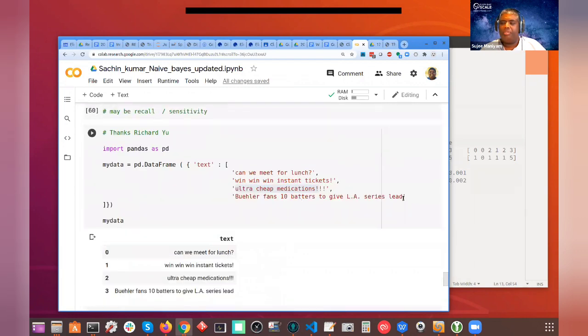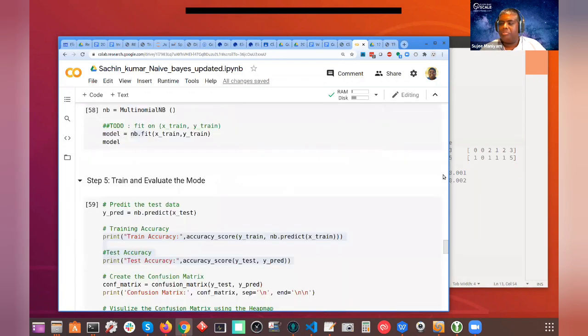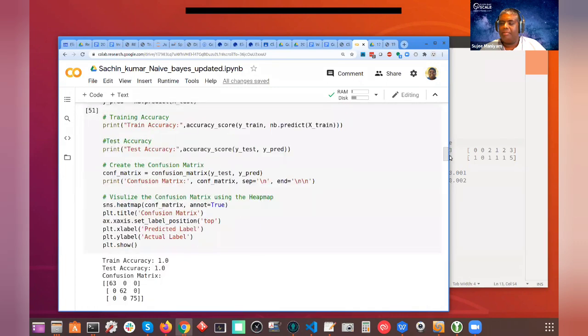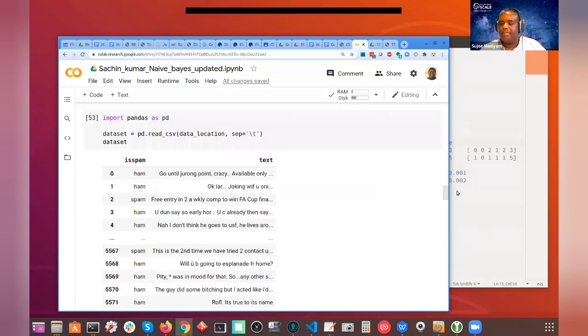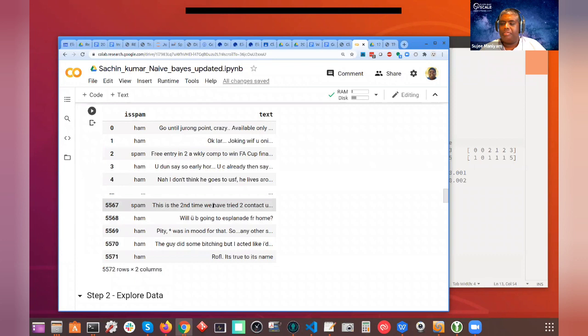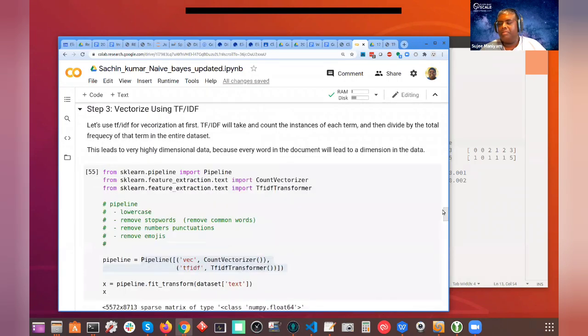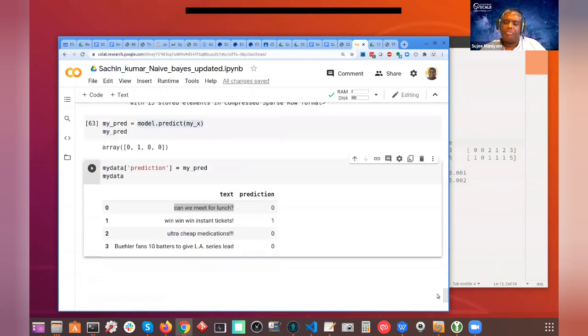Anyway, you can play around with this one. You can add your own text and try to mimic some of the spam keywords. If you look at the data, you can try saying, hey, free entry or something like this. If we create a message with free and entry, it'll say this is spam, because it has seen those words in spam emails before.